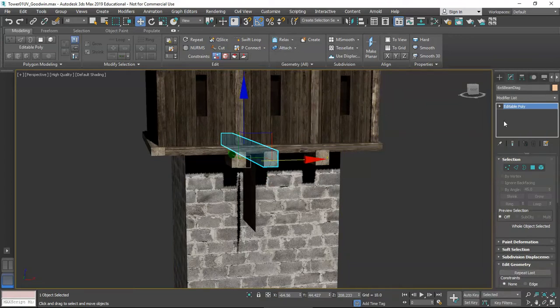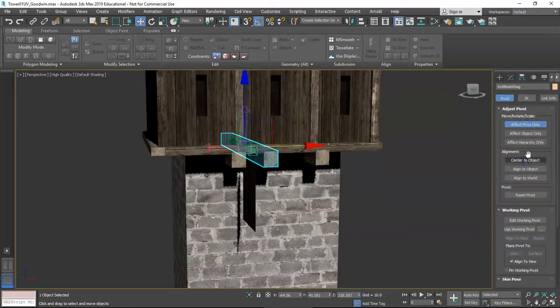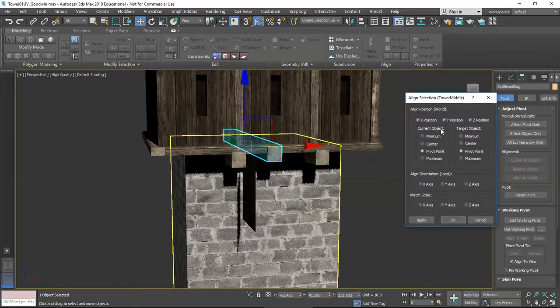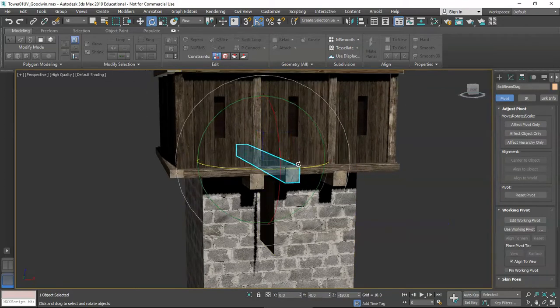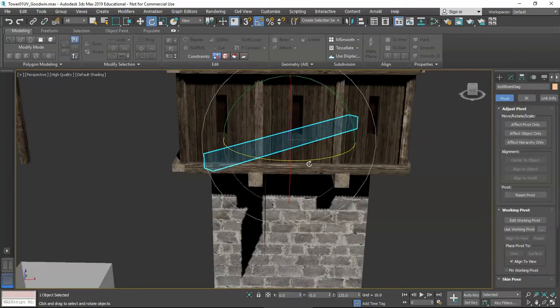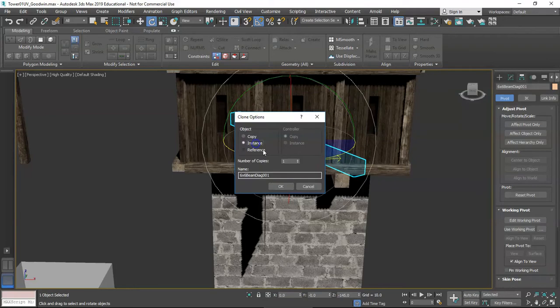So what I'm going to do first is I just want to align it to the center for this. So first let's effect pivot center to object, turn that off. And then I'm going to align it to the tower, XYZ, click OK. And then I'm going to press E for rotate. And I'm going to rotate it 45 degrees. And then I'm going to hold shift and rotate again as an instance